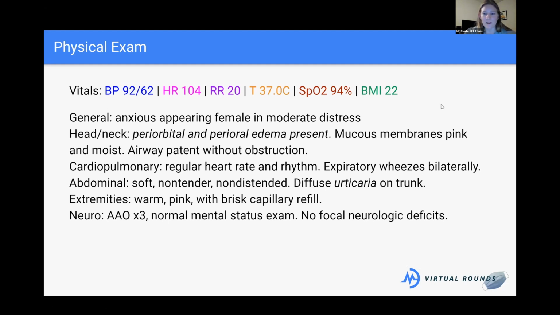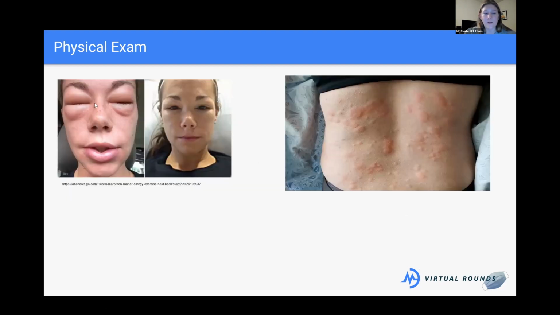Here are some of the pictures that I was talking about. So we have this periorbital and perioral edema in this woman here. You can see her eyes are very puffy and almost swollen shut. And then there's also this extra swelling around the lips. Sometimes in patients with anaphylaxis, your tongue can swell up really big and other structures in your